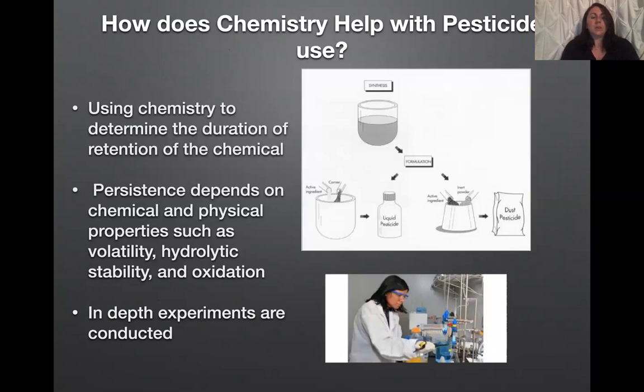So what does all this mean and how exactly does chemistry help with pesticide use? Basically, people use chemistry to determine the duration of retention of the chemical, also known as persistence. And pesticides depend on chemical and physical properties such as volatility, hydrolytic stability, and oxidation. And there are many in-depth experiments that are conducted to test the durability of a possible pesticide and its different physical and chemical properties as it's being broken down, diluted, heated, and put under a variety of other stresses,